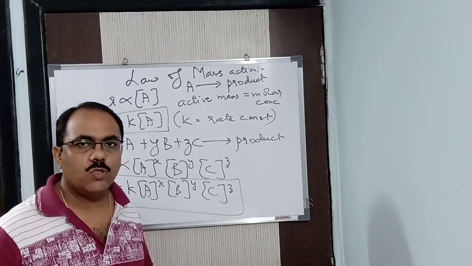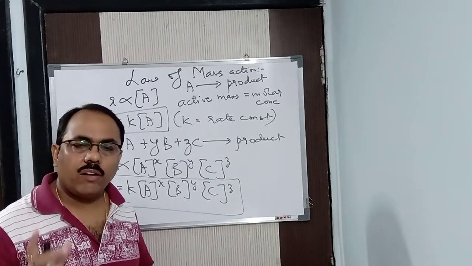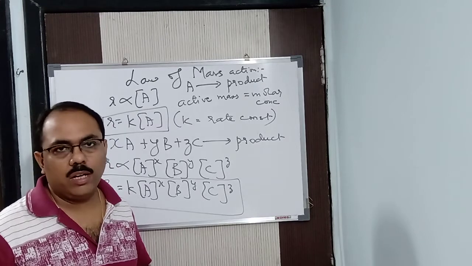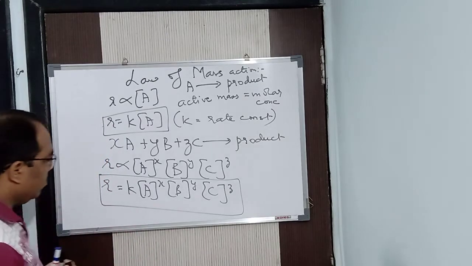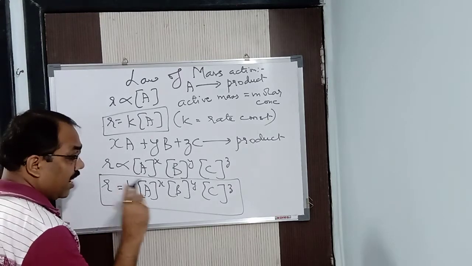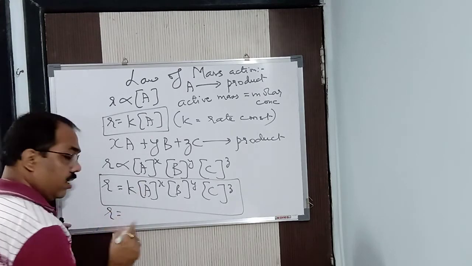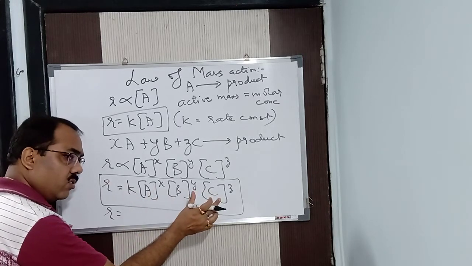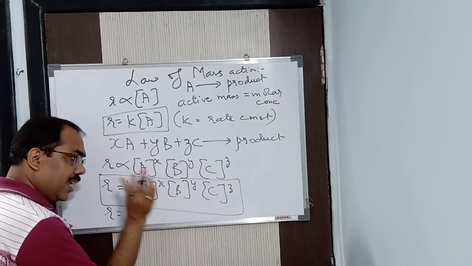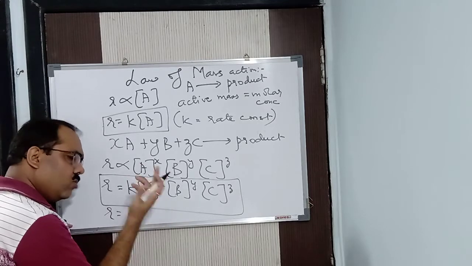In many cases we use molar concentration, but it is not right to say molar concentration. I told you last class also. In that case what should we say? Partial pressure. So here what will be the formula in case of gas? The partial pressure, if it is given, mind it. If it is not given, then use molar concentration only. If it is given in the question, gas is there but molar concentration is given, use that only.